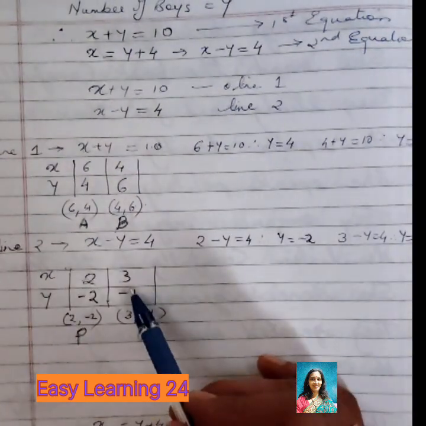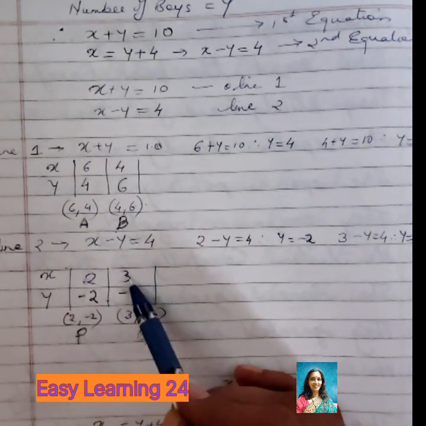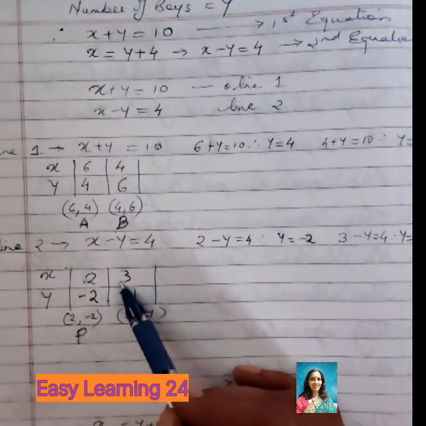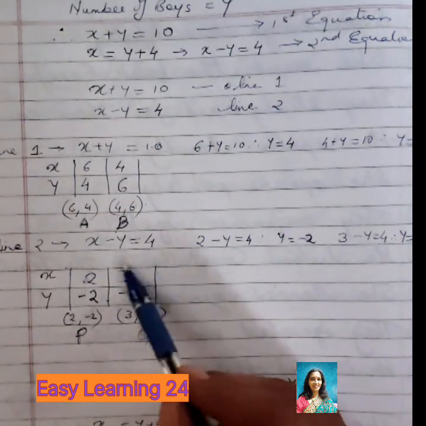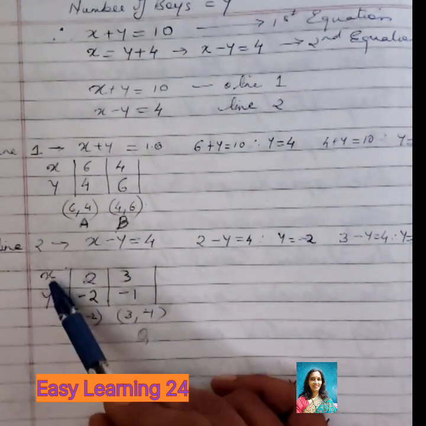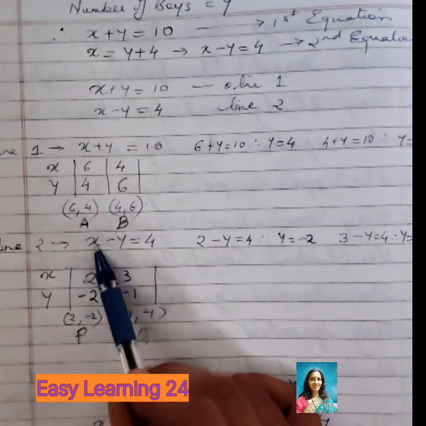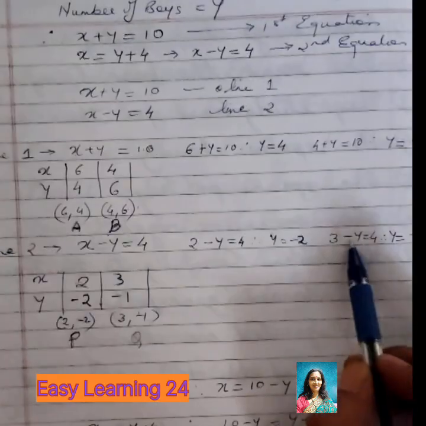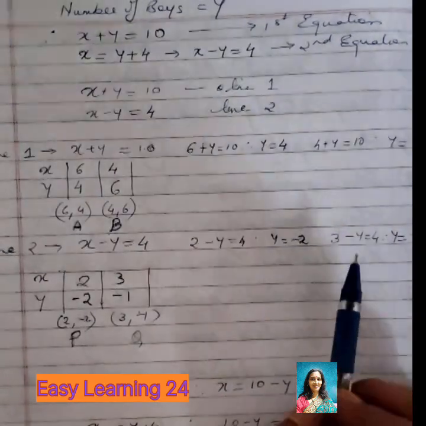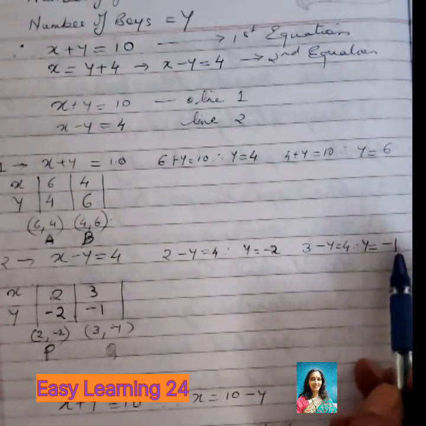Similarly, the second point on this line, we are going to assume x as 3. The number 3 on the x-axis of this point. Okay. This is a point and we'll assume number 3 on the x-axis, and now we are going to substitute this 3 here. See what I've done. 3 minus y is equal to 4. Therefore, y is equal to minus 1.